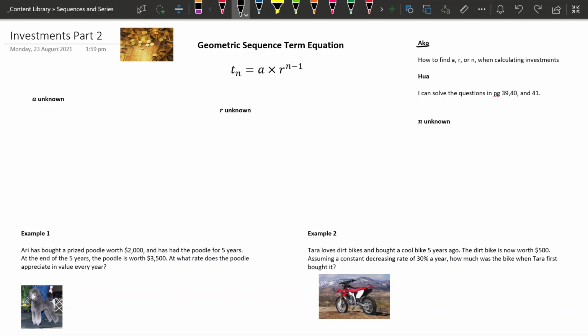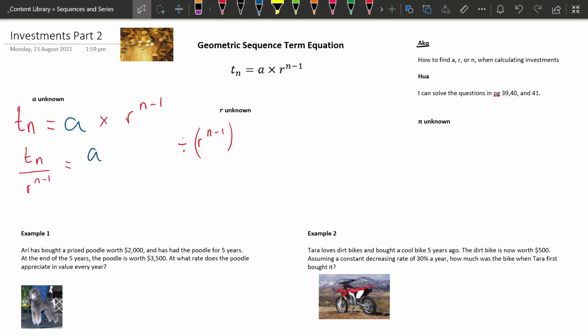So let's assume A is unknown. So in that case, we have Tn. We don't know A. So if you don't know, I'll make it blue. Times Rn minus 1. So to find A here, you want to divide both sides. Since we know this already, we can divide both sides by Rn minus 1. So in that case, we'll have Tn divided by Rn minus 1